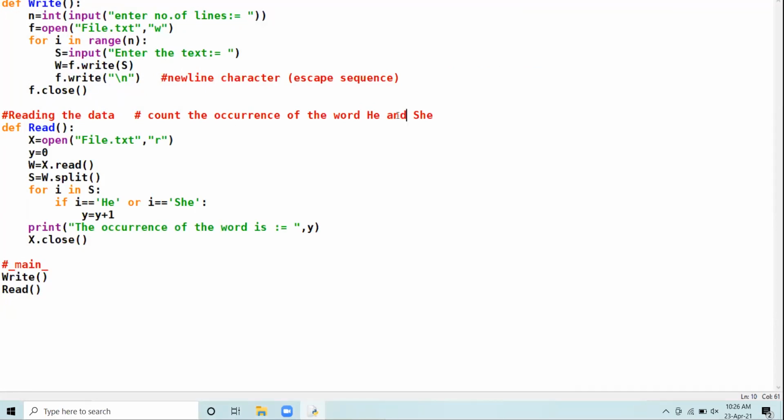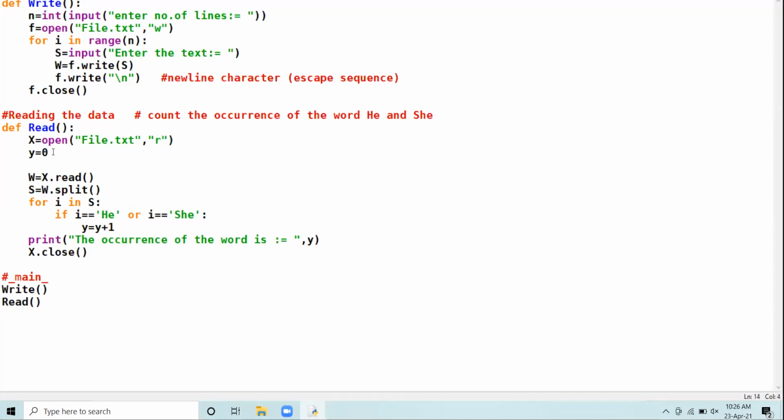Both the occurrences of the two different words are to be counted individually. Because "and" has come in between, you have to take two different variables: one variable to count the occurrence of he, and one variable to count the occurrence of she.